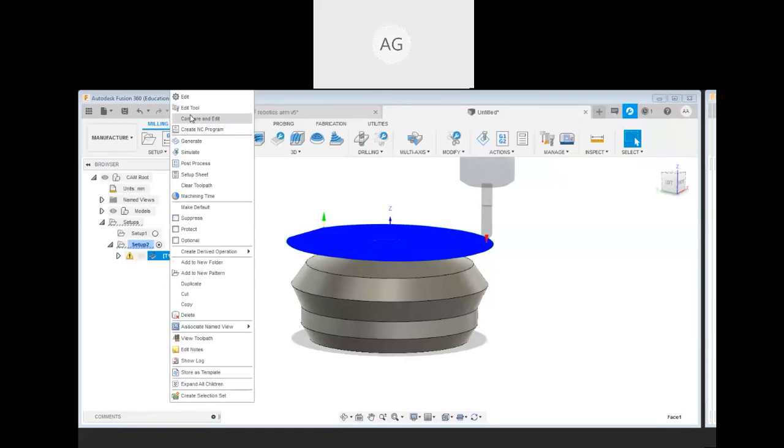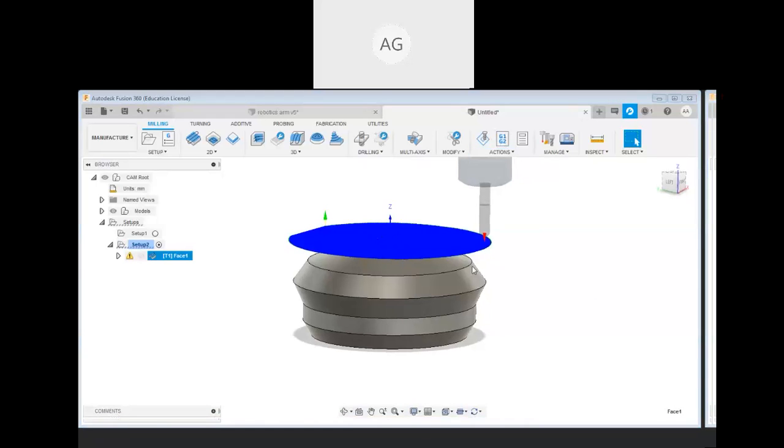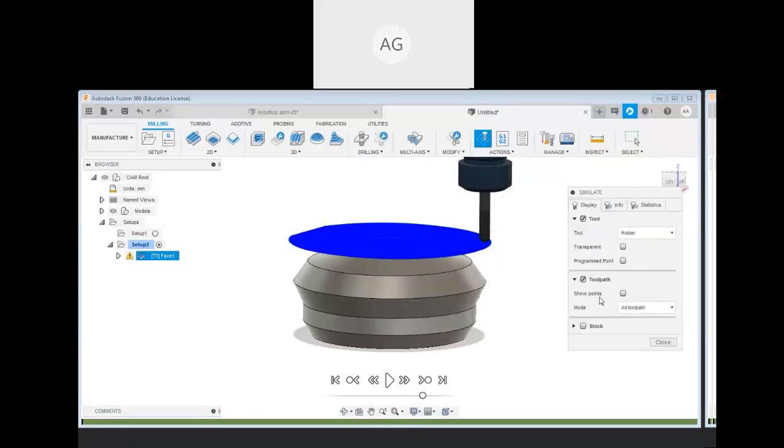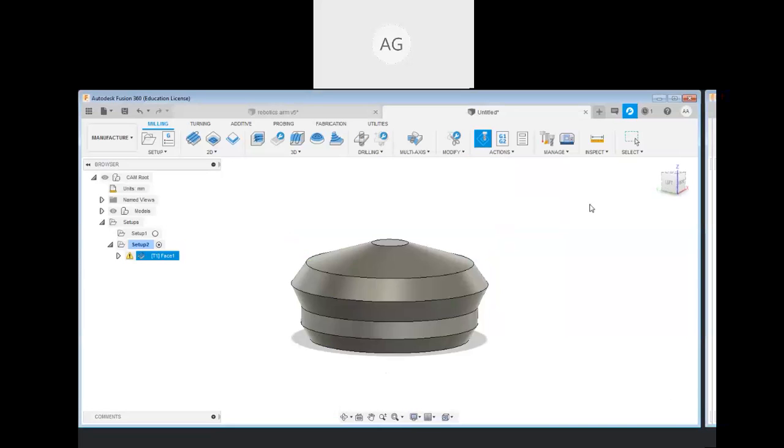So here we are going to change all the parameters. That is okay. Setup. So these are actions here. If you want to simulate it, that also you can check, how this gets simulated. So you can see holder, toolpath, and info statistics. Display holder you can see, toolpath you can see, transparent program point. So stroke also you want to see. This one is stroke, and from the stroke you are going to make that part. That also you can do.